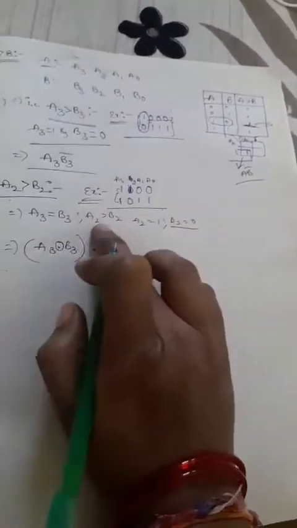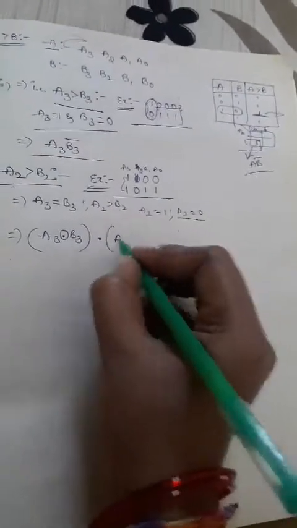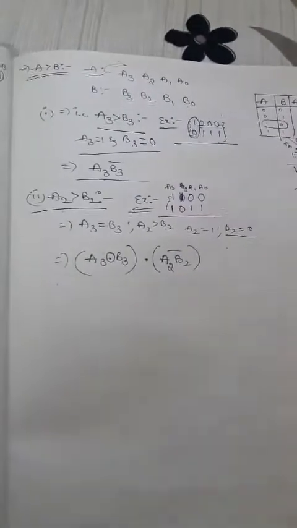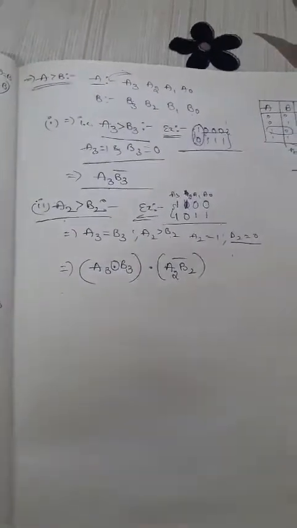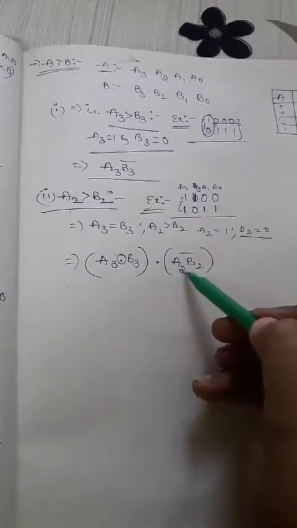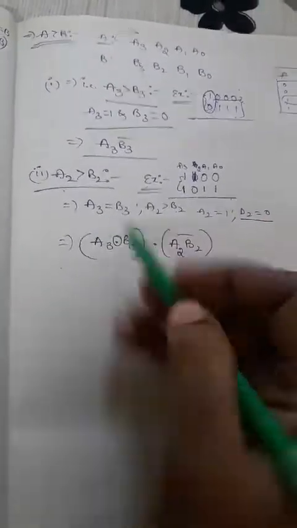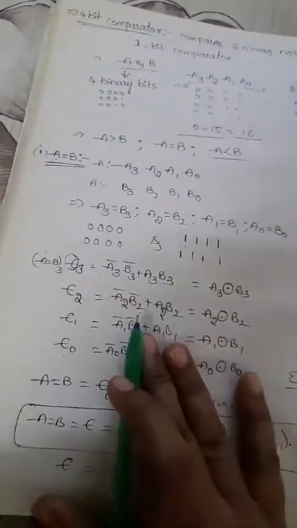is A B complement, right? So A is nothing but here, what is the condition here? Second one. So A2 into B2 complement. So here we'll get the output A2 into B2 complement for this greater than condition, and the equality condition is we'll go with this output. Now coming to the third case. In the third case, what is the third output here?